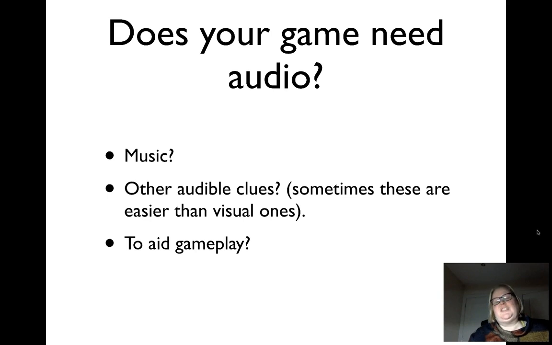You can also use audio to aid gameplay. So, for example, if you're shooting a bullet, you might want a bullet sound. If you're jumping on an enemy's head, you might want a sound for that. If you unlock a door, you might want some creaking noise to unlock a door. So it can really make the game feel